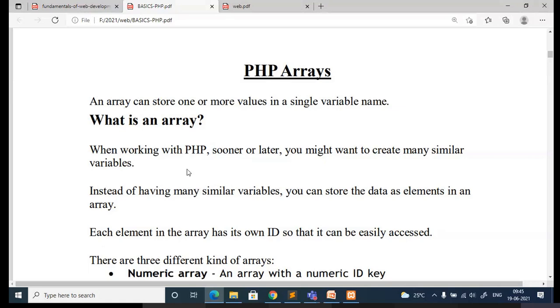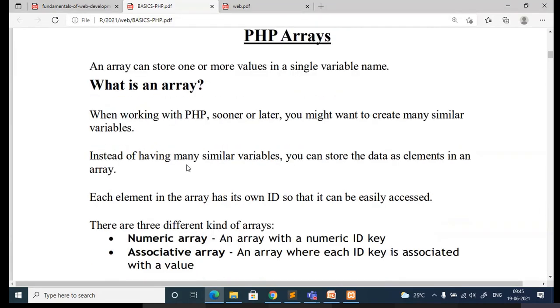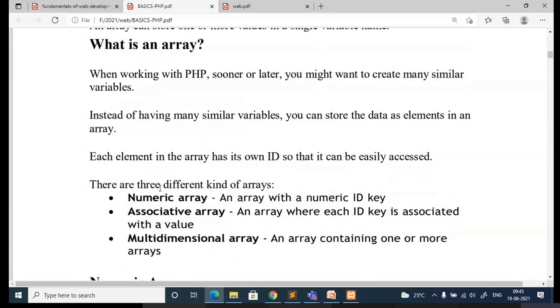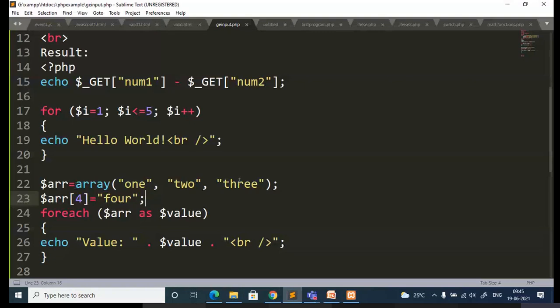The basic information about arrays everybody knows. So why do we need arrays? To store values under a single variable name. Here you can access and manipulate with respect to a single element. It does not require anything complex. Easily you can add an element to the array, and you can delete an element from the array. So what are the different types of arrays supported in PHP? One is the numeric array. The example I have given here is a simple example of a numeric array.